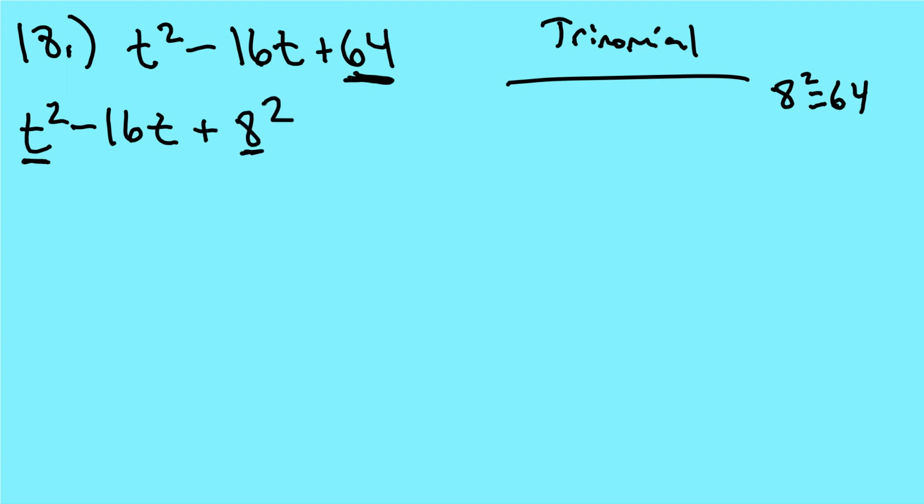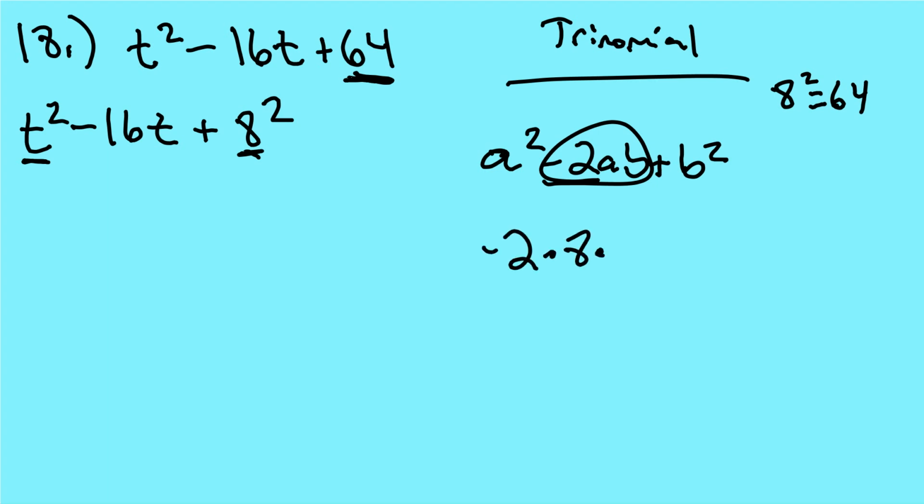So now I have an a and I have a b. So if the middle, remember, because we have a squared minus 2ab plus b squared. So if the middle is minus 2 times a times b, or minus 2 times 8 times t, which is minus 16t, since the middles match, I can just say this is t plus 8